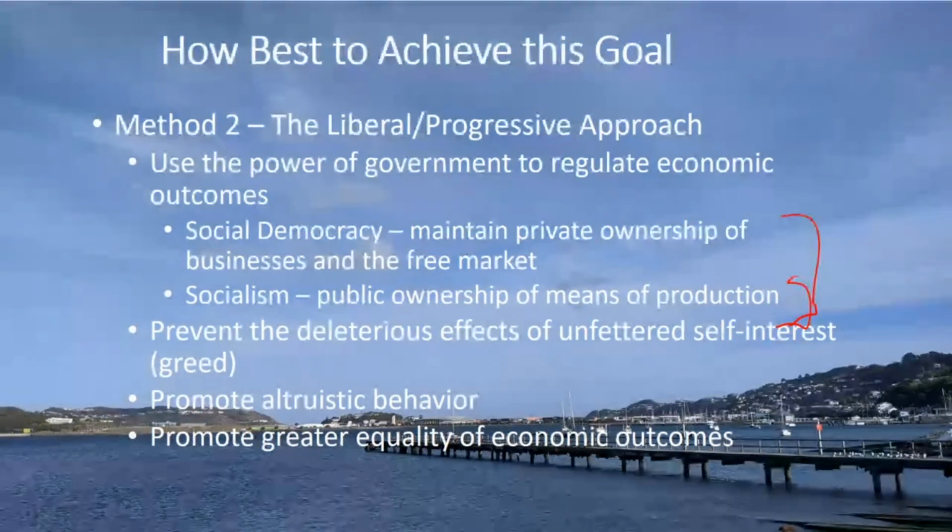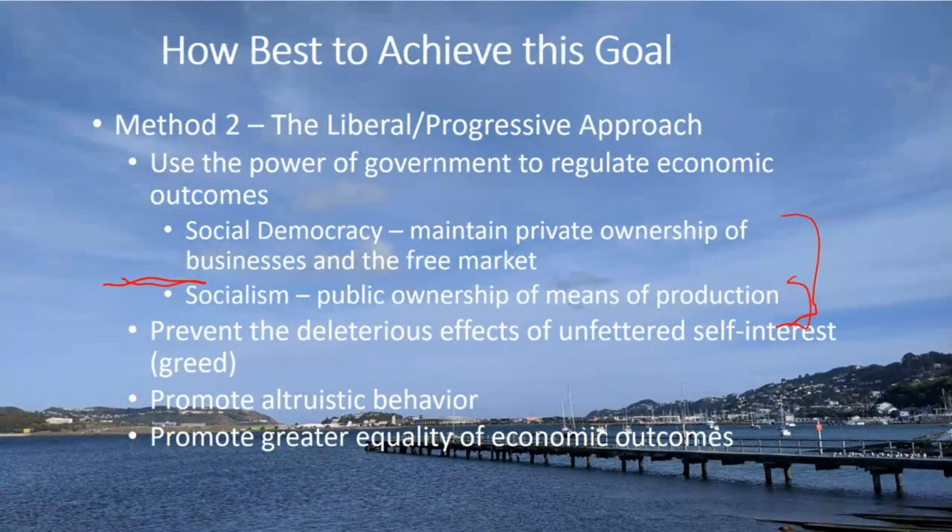That's very different from socialism, which, in essence, means public ownership of the means of production. Our best example of full-blown socialism would be the Soviet Union or China in the 1960s, when there was central planning and the government owned everything, controlled production, and made the decisions about what to produce, who was going to get it, how it was going to be allocated, and so forth. So there's a big difference between these two types on the left, and we should be aware of that distinction.